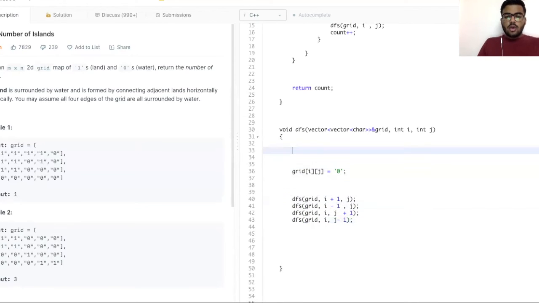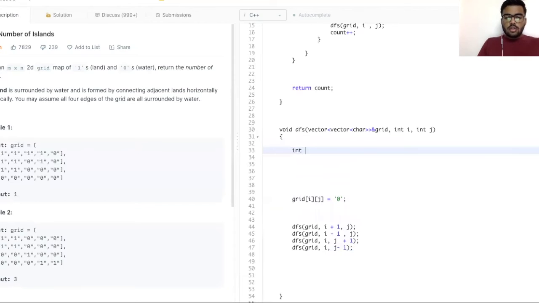Now we'll create the base condition which will stop the recursion. If i is less than 0 or i is greater than grid.size(). So basically, i should be within the board. It can't be less than 0, nor greater than the size of the grid.